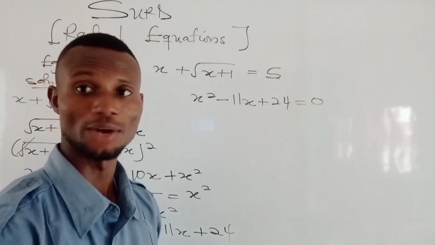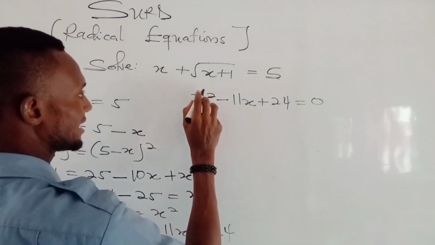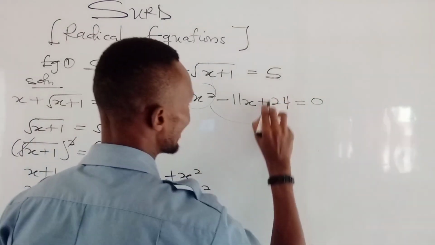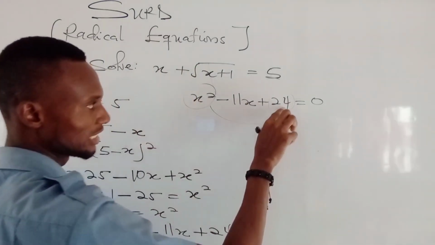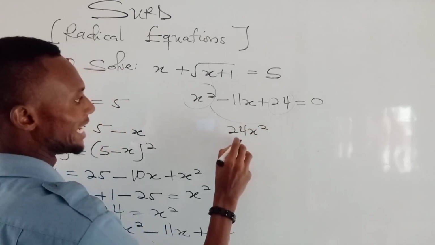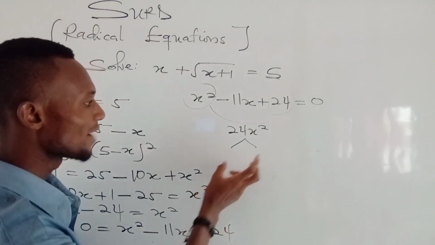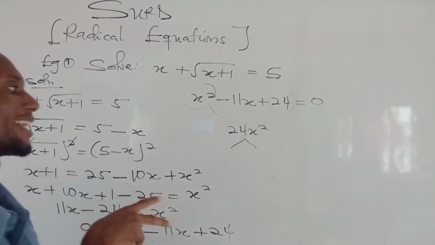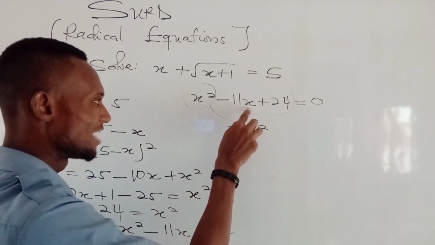Okay, so you're going to see that you are going to get two values for s. So now that's how we go about it. We use the first term here to multiply the last term, which is here. So s squared times the positive 24 gives us positive 24 s squared. Now we look for two factors which, when we multiply, will give us the positive 24 s squared back. But those same two factors, when we add them, we are supposed to get the minus 11s back, which